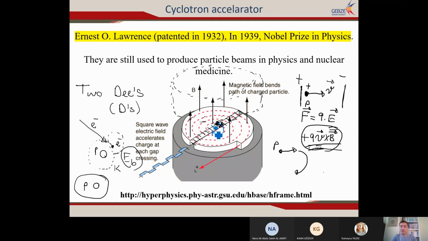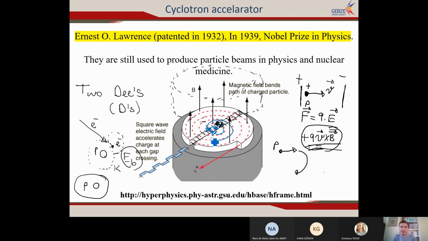So in order to further increase the velocity of the proton by using the square wave source here, I change the direction of the electrical field to this direction. Okay, now the proton feels a forward force again. And then it will be further accelerated, and then due to the magnetic field, it will follow this way